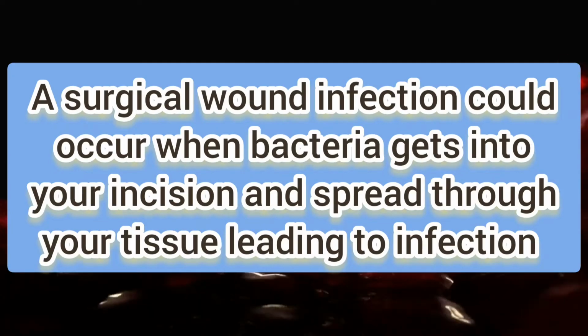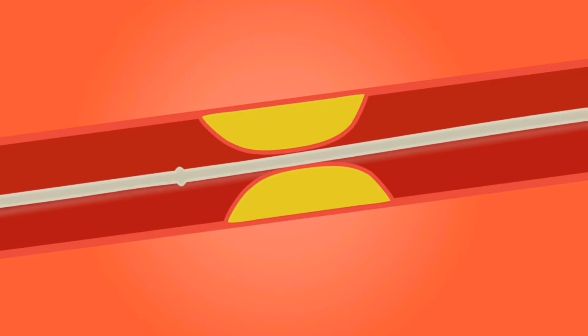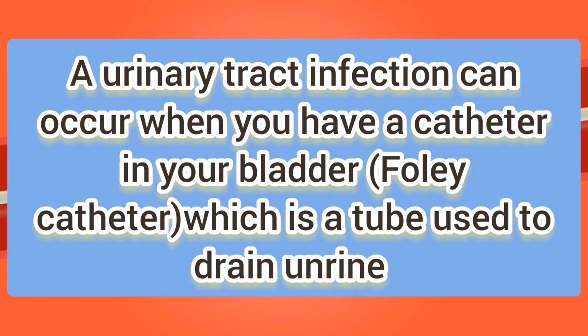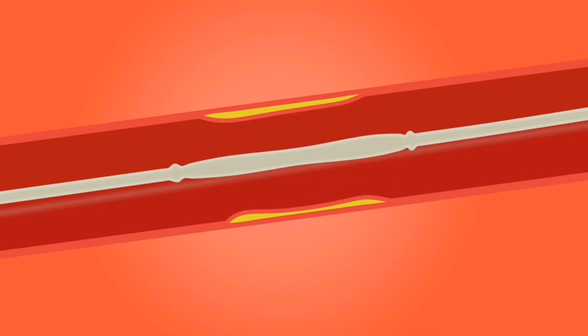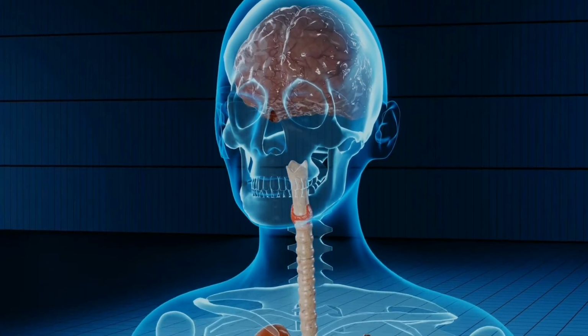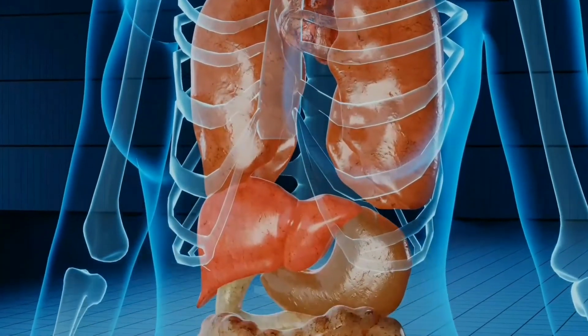A surgical wound infection could occur when bacteria get into your incision and spread through your tissues, leading to infection. A urinary tract infection can occur when you have a catheter, a Foley catheter, in your bladder, which is a tube used to drain urine. Bacteria can enter your urinary system through the catheter, allowing the bacteria to go into your bladder where they